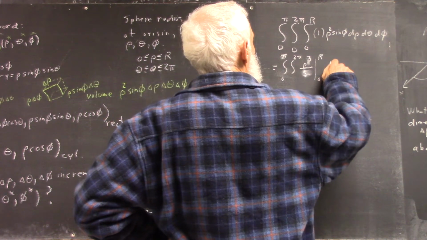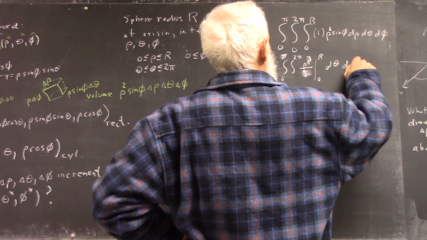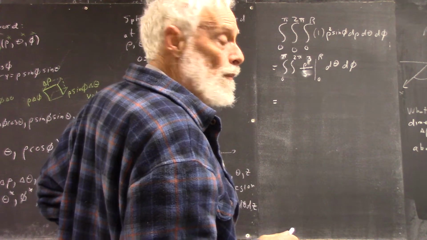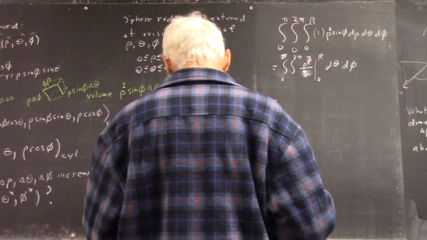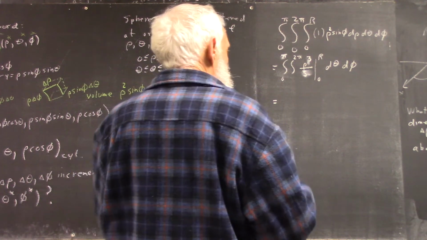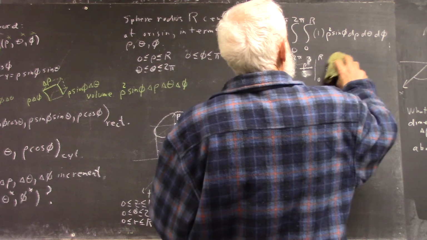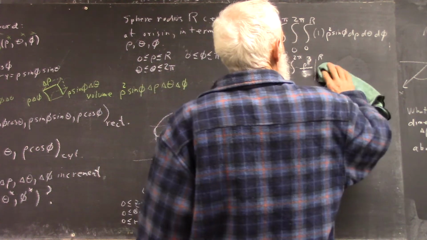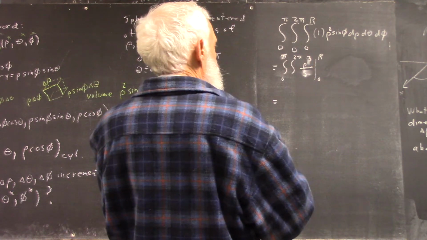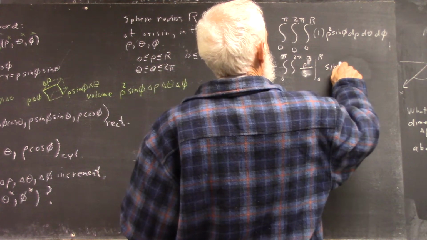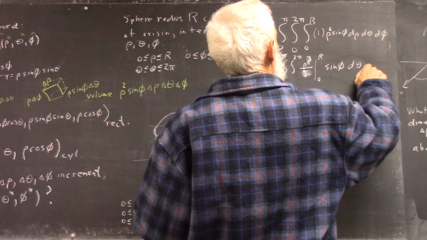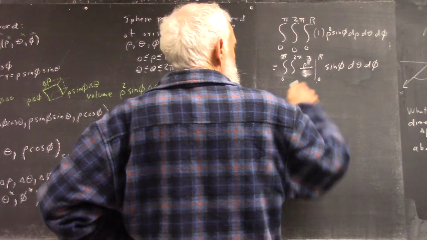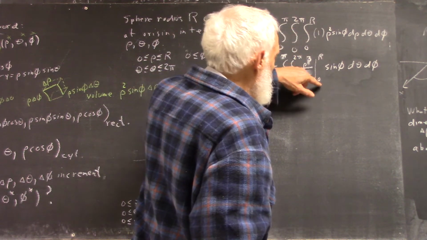And then it's d theta d phi, right? And your sine of phi. Told you. Watch me. So it's sine phi d theta d phi. Well, evaluating this, you're going to get r cubed over 3 minus 0, which is